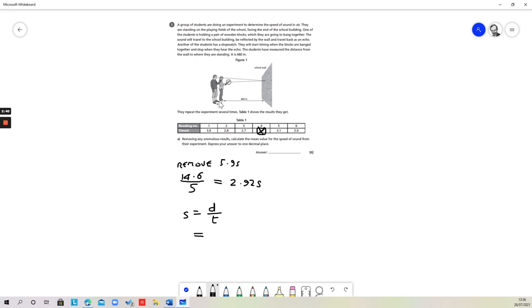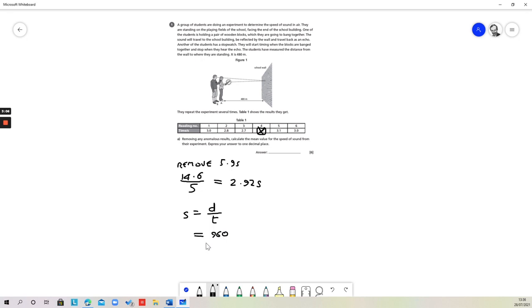So we can see the distance from the students to the wall is 480 meters, but what's happening is that the sound is travelling to the wall and echoing back again, and the students are measuring the time between the sound having been made, travelled to the wall, and then heard back there again. So our distance is twice 480, so that's